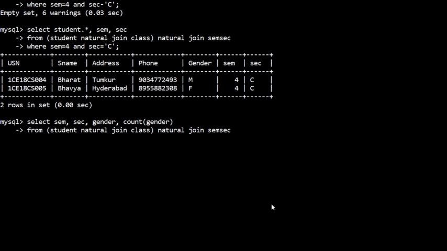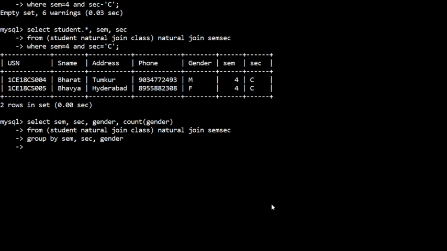Now if they ask for each, then it indicates you need to group. So group by semester, section, and also you have to see how many male and female students there are, so you have to group according to gender also. Write group by SEM, section and gender.